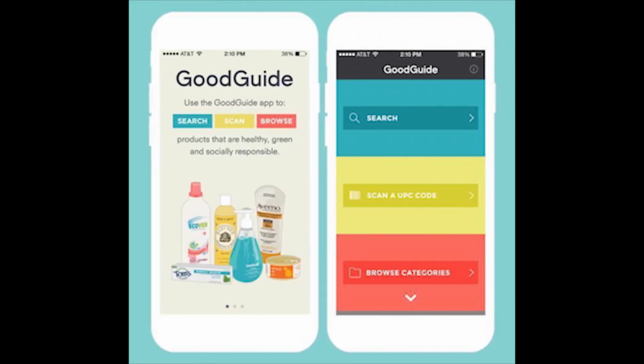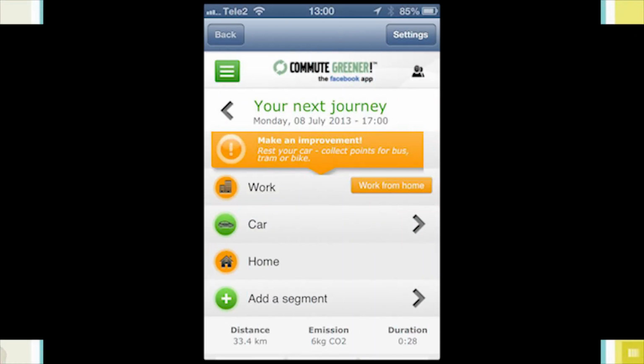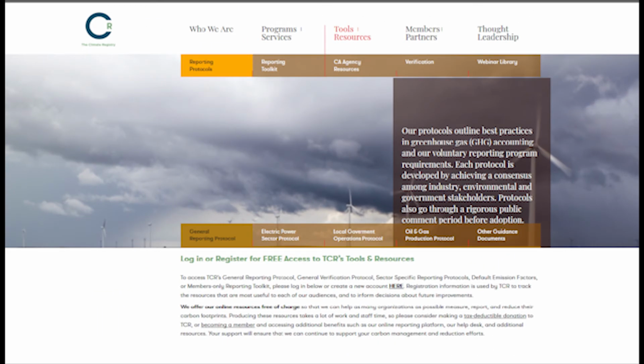For example, Good Guide is an environmentally friendly shopping guide that allows you to scan different products and gives it a ranking on its different environmental impacts, including carbon emissions. Commute Greener is another app that provides suggestions for commuting, carpooling, and providing the shortest route to get to your destination. As technology becomes more integrated within businesses, a large-scale implementation of information systems could help provide aid in actively tracking a corporation's emissions, which will spur action in an attempt to leave a smaller footprint.